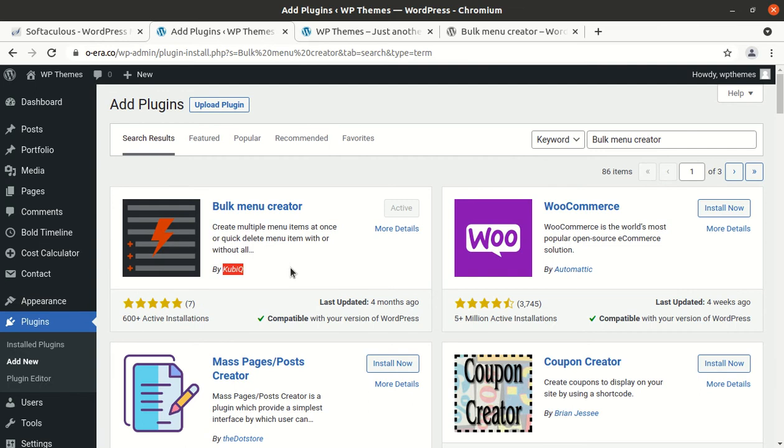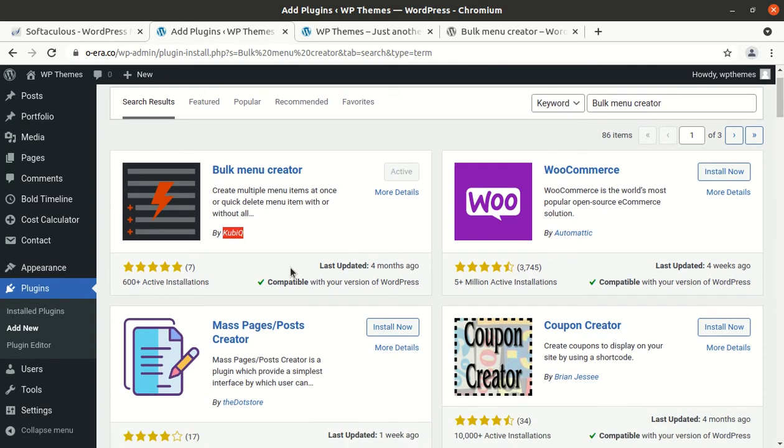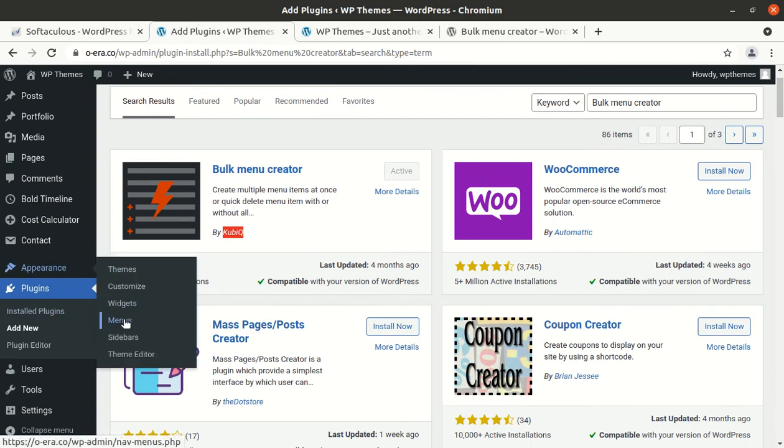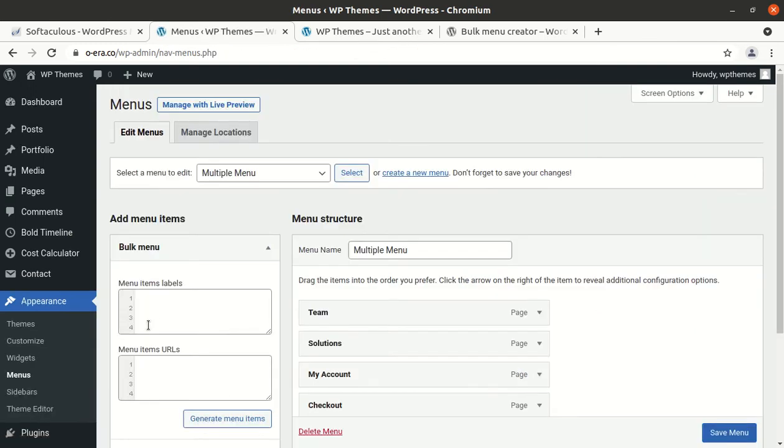So let us go for creating multiple menus at a time. For this we have to go to the menu section, and since the plugin has been installed and activated, we have this new feature like menu item labels and menu item URLs.